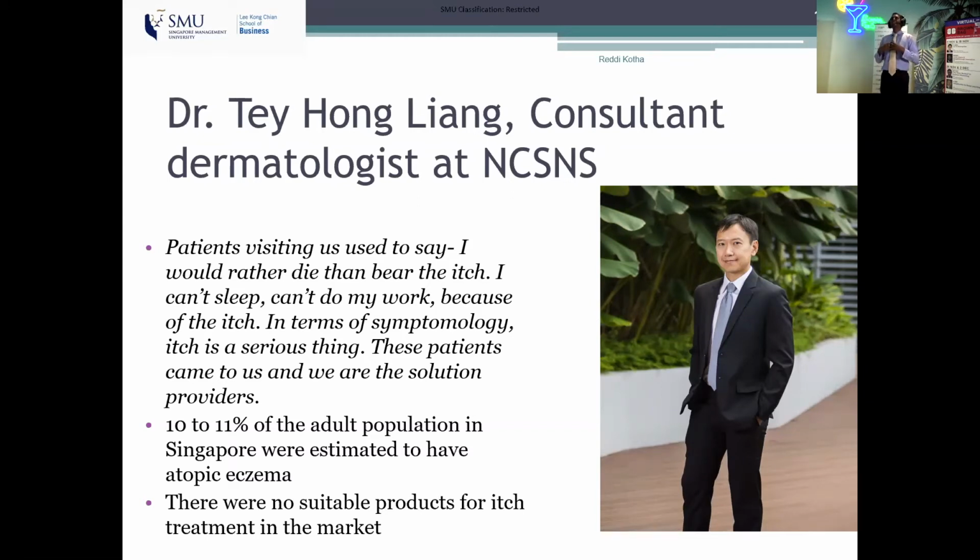Now, let me supplement your learning by giving you one more example from the Singaporean context so that you understand there are many ways you can view this concept, and then I will help your understanding by looking at more examples, right? So I hope you can see this. Let me just move my chat function so that I can read the quote while you read it as well. So this is Dr. Tay Hong. He's a consultant dermatologist at the National Skin Centre, which is the apex body in Singapore where most of the